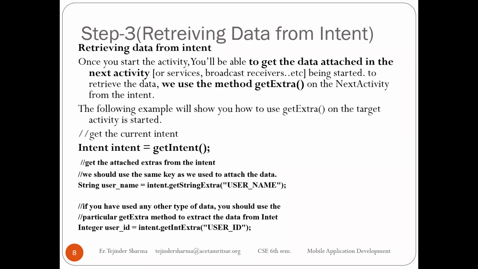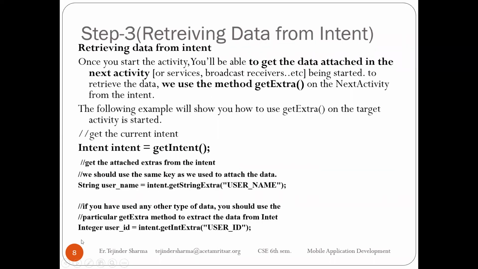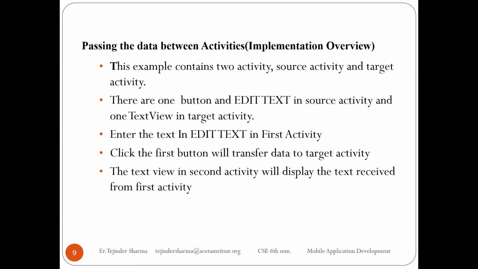Fine. So you will retrieve the username from that, meaning you have to give the key and it will provide you the value. So using getStringExtra, or you can write the simple getExtra method, in order to retrieve the username which was sent from the first activity. Similarly, if you want a user ID, it could be an integer. Then you can say intent.getIntExtra, meaning you are type converting the user ID into the integer form. Similarly, here you are converting the username into the string format. So that's why it is getStringExtra and getIntExtra.